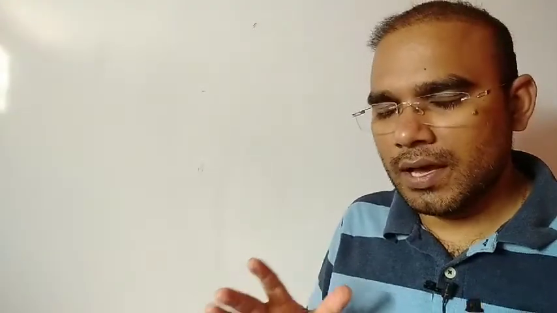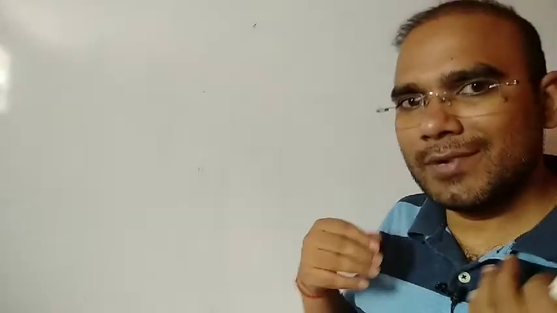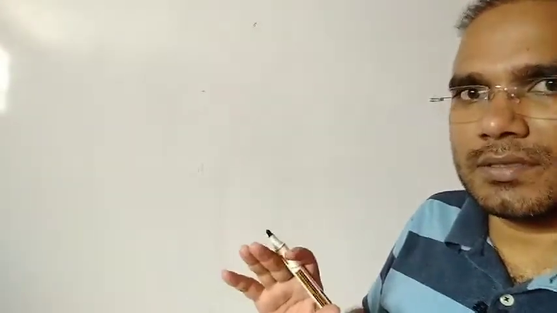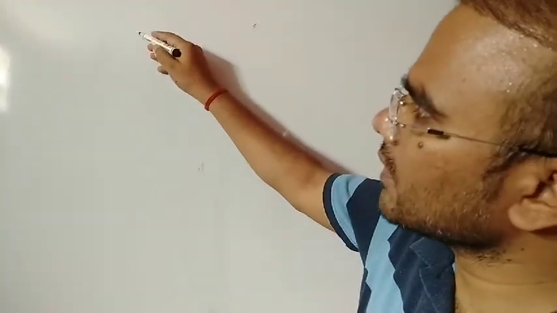Hello, good afternoon students. Let us try to understand the derivation of the Bohr's radii, and then we'll try to solve the problem based on it. The Bohr's atomic model has already been completed. Now in this video we are going to derive the Bohr's radii and energy of the orbits. So let us have a look at it, students.